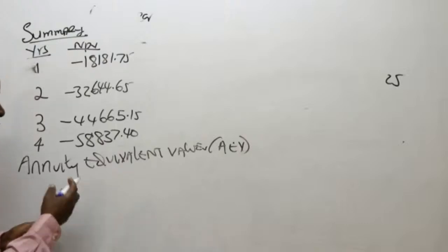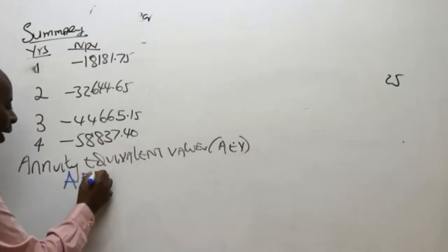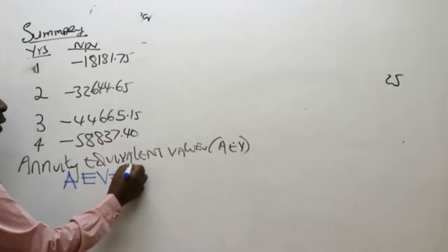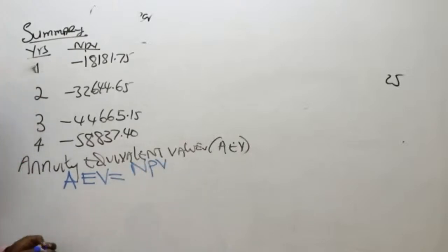Ladies and gentlemen, for us to get our annuity equivalent value, we normally take the net present value,